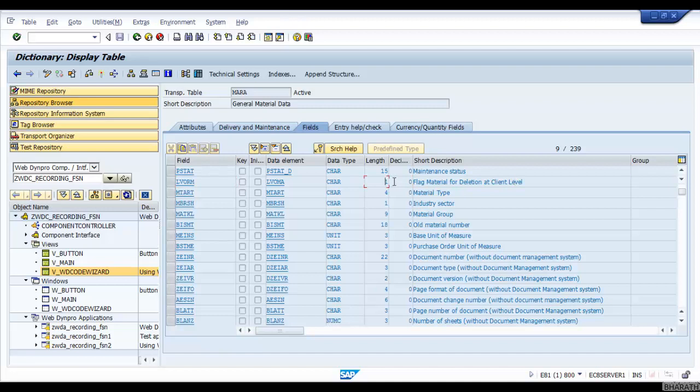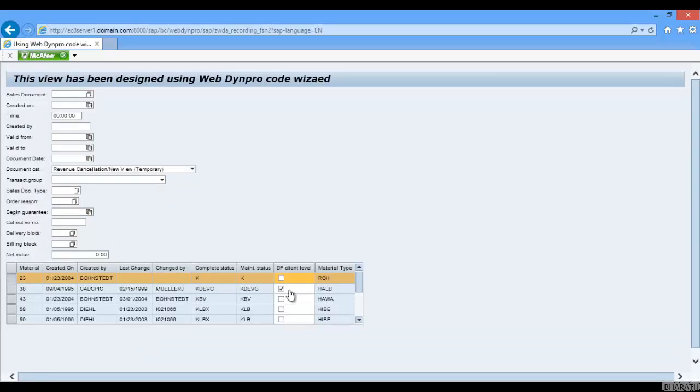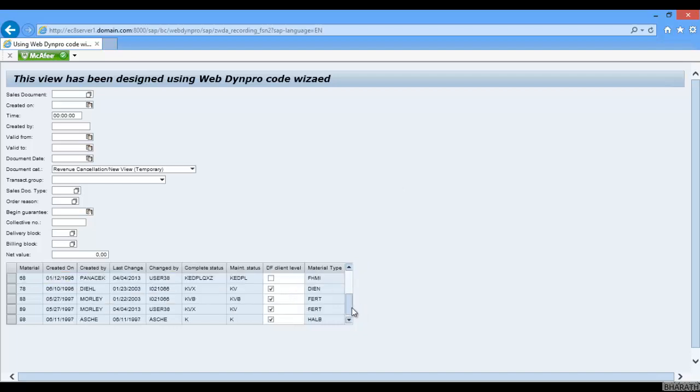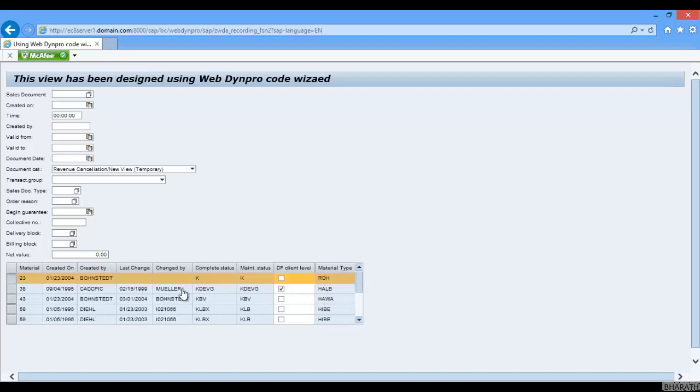Since it has CHAR1, it is displayed. The Webdynpro framework understood that it is CHAR1, so it has displayed it as a checkbox. So now data is displayed in the table.